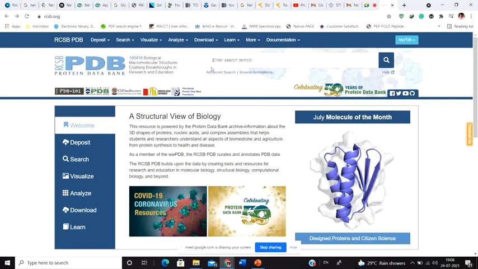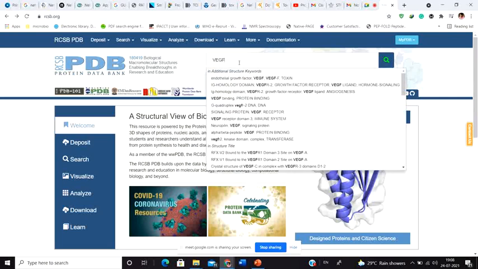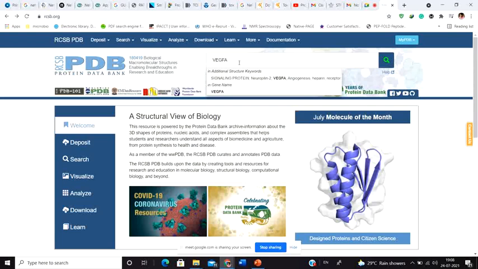So the thing is that first we have to simply write down the name of the particular protein or anything that you want to search. For example, suppose I want to know the structure of a VGFA protein. So what to do? I'm going to write VGFA. Once you write VGFA, a number of words are going to come. You can find signaling protein, neuropilin 2 VGFA, or gene name VGFA. Let's click on this particular VGFA.